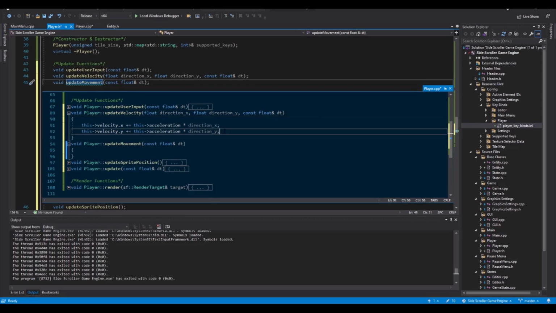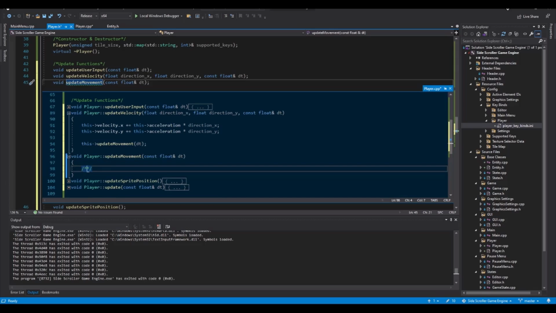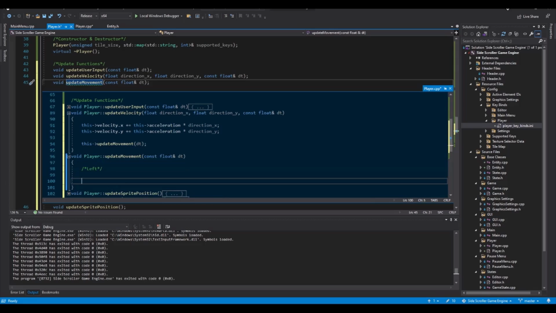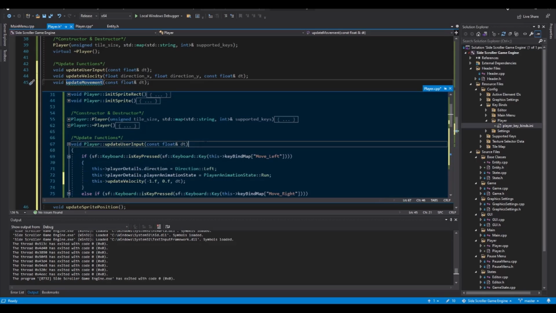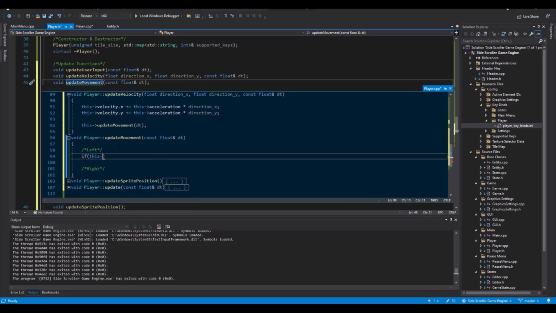And now at the end of this, you call this update movement. You see how it's just like a chain of functions. Okay. Now we'll do for left, and we will do for right. So if you're going left, you're getting increasingly negative. So essentially, if this velocity dot x